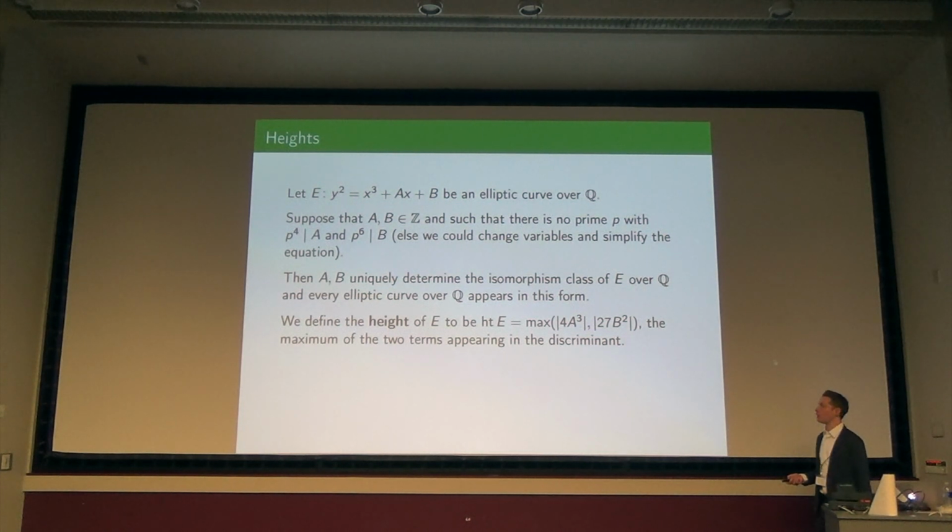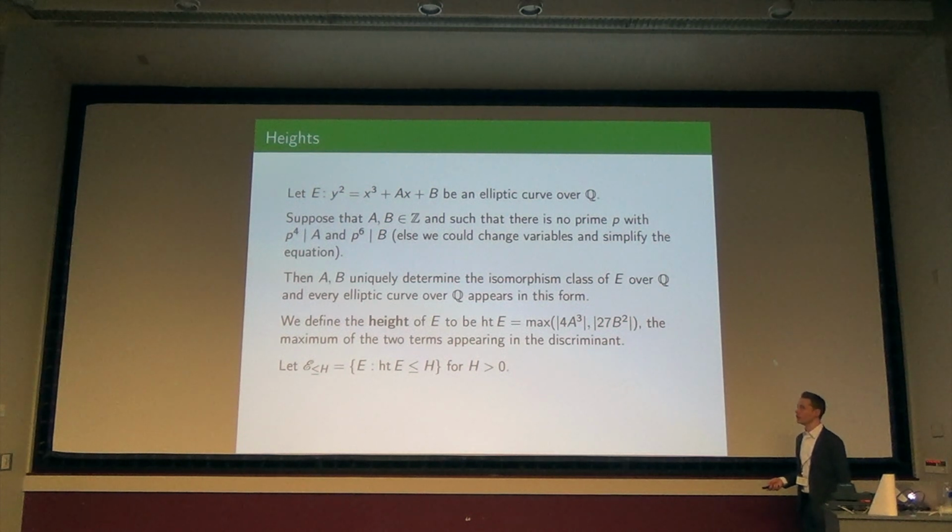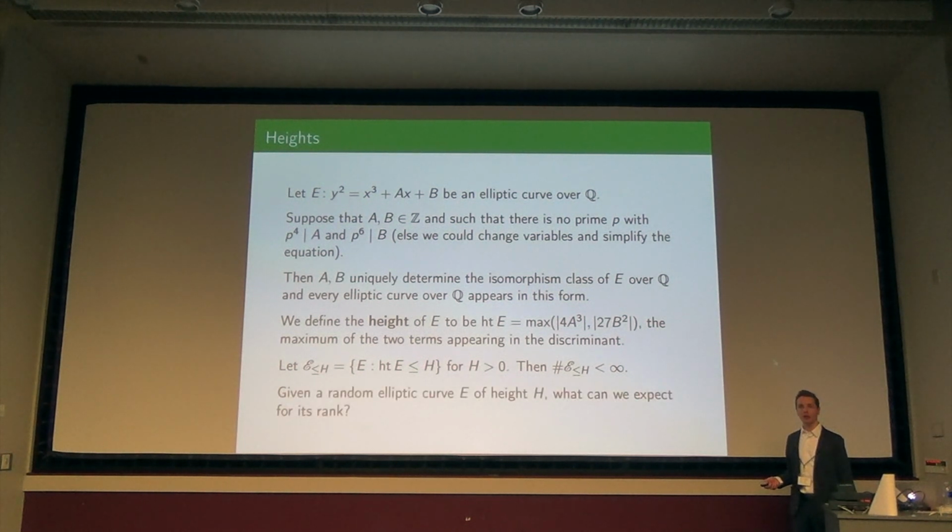Okay. So is it clear that I have only finitely many elliptic curves of bounded height? Well, I bounded a cubed, so I bounded a. Same with b. This is just a natural way of keeping track of those. Here's a little notation. Let's keep track of the elliptic curves of height h with some script E. And I just convinced you, hopefully, that there are finitely many elliptic curves of bounded height, of height at most h. And now we can ask a refined question.